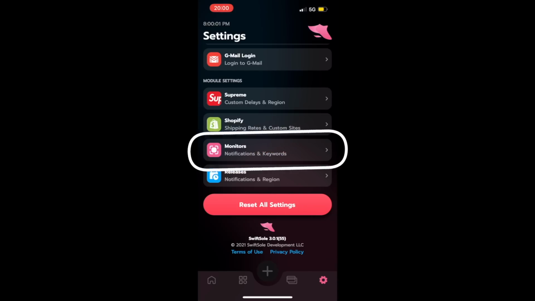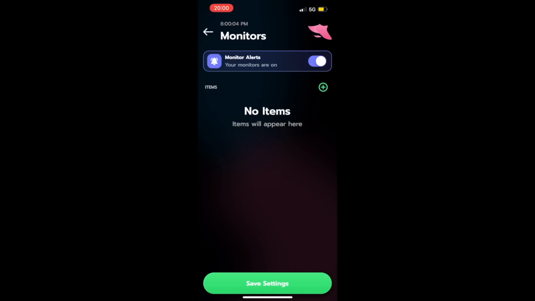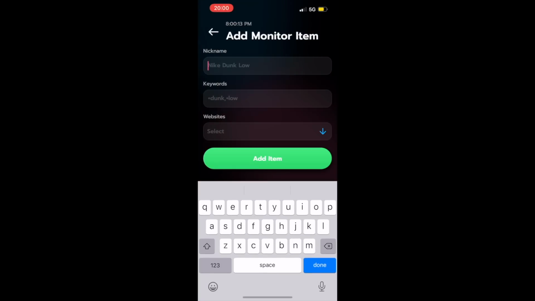And then you have your monitors. So what you can actually do is add in keywords and monitor alerts when it comes to SwiftSole inside of the back end, shall we say. So I can add in right now, let's say a dunk low, and then I'm going to put dunk as the main one. Obviously that'll pick up high as well. So let's just put dunk and low